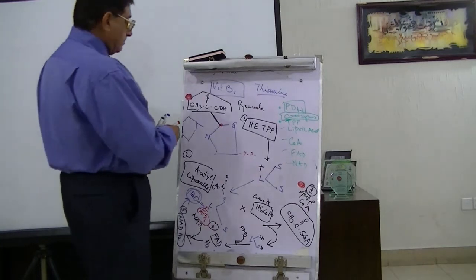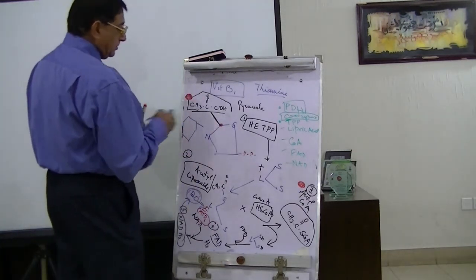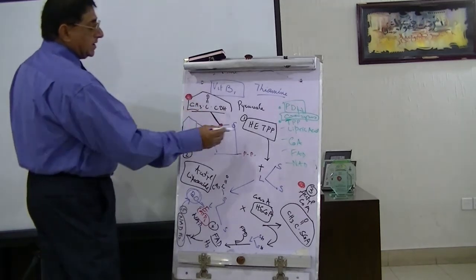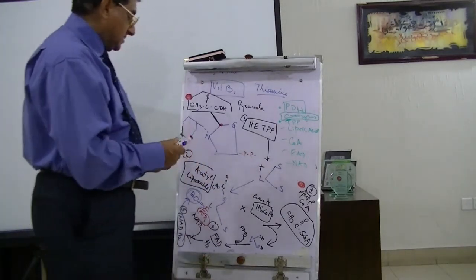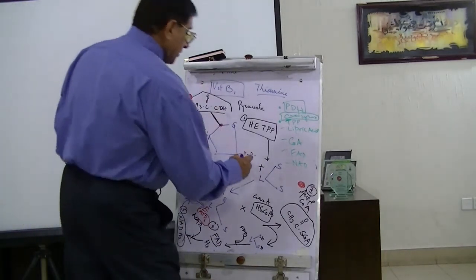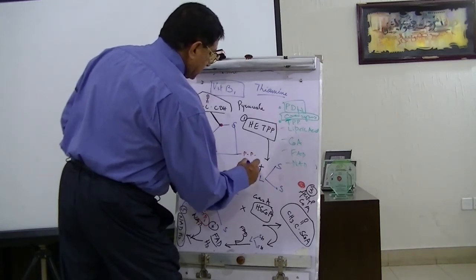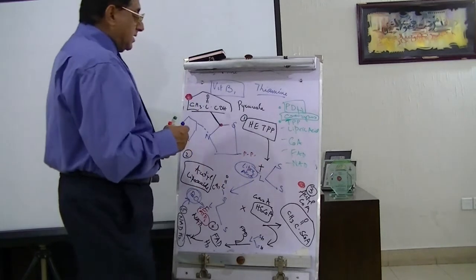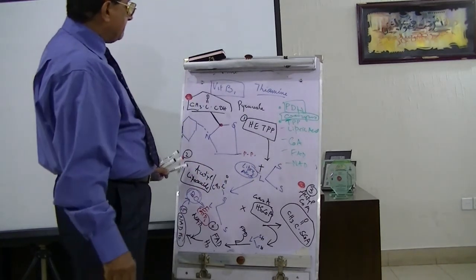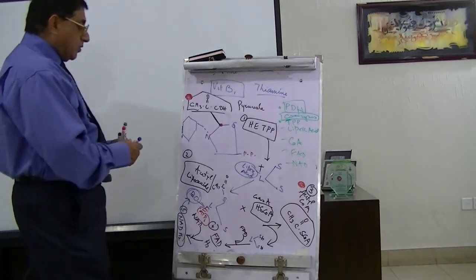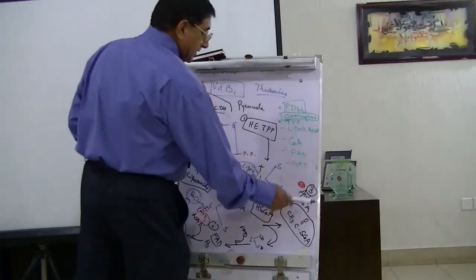This is thiamine pyrophosphate. So first it reacts over here to form hydroxyethylthiamine pyrophosphate. Then it reacts with oxidized lipoic acid. This is lipoic acid, in the oxidized form. When it reacts with this one, it forms acetyl lipoamide. Second step: acetyl lipoamide plus coenzyme A will give rise to the formation of